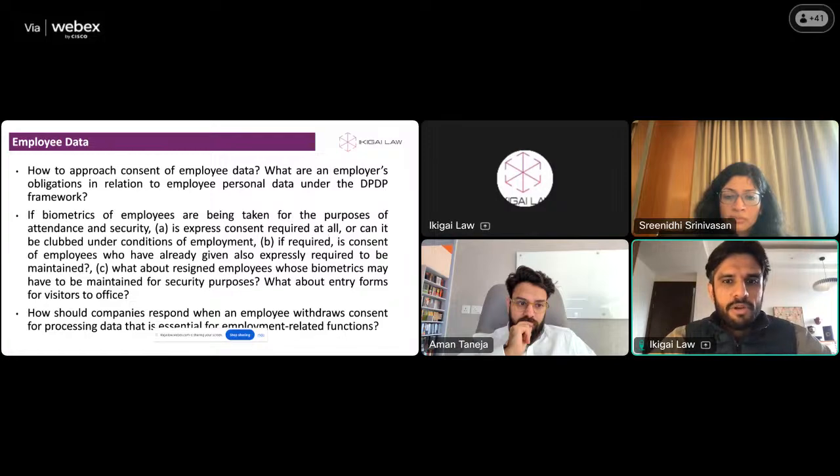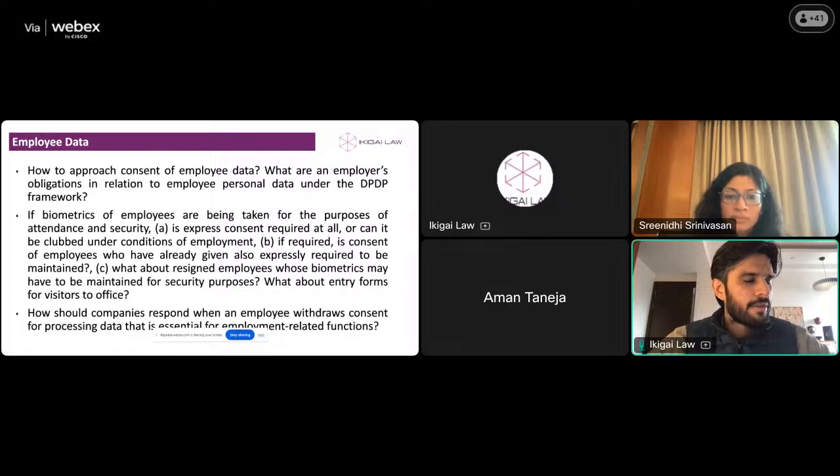Of course, we have 7.1, which covers the legitimate use for employment purposes. And it has elements like safeguarding the employer, preventing loss and liability to the employer, protection of trade secrets, confidentiality, and so on. And what would then be other circumstances which might not be covered by 7.1 and would require a specific consent from the employee?